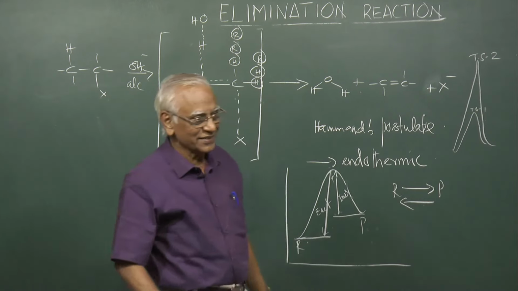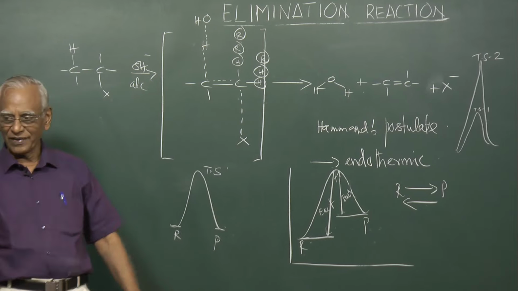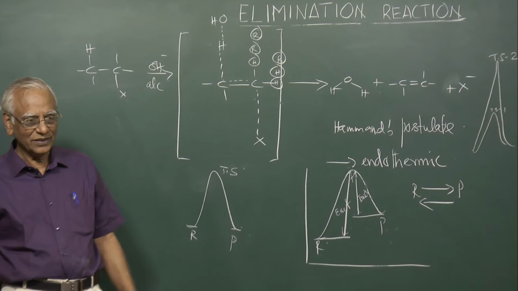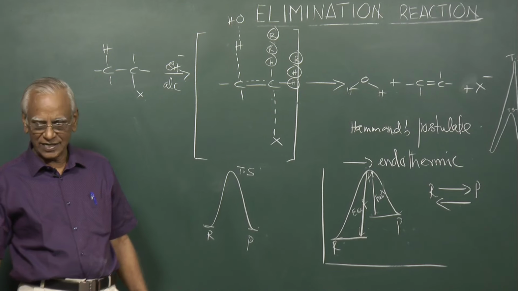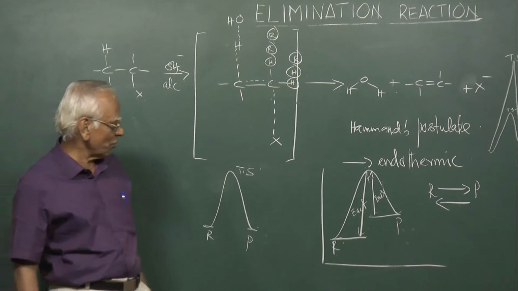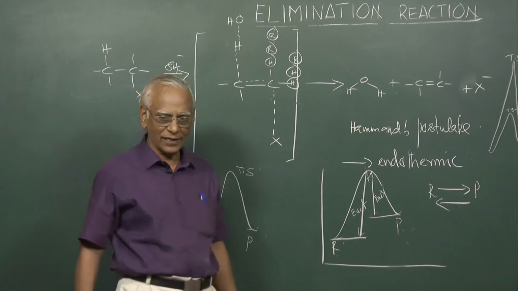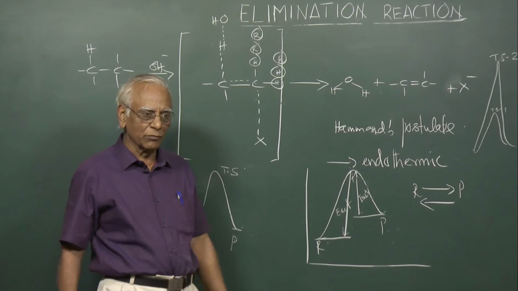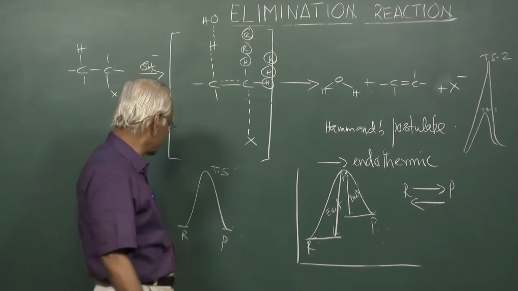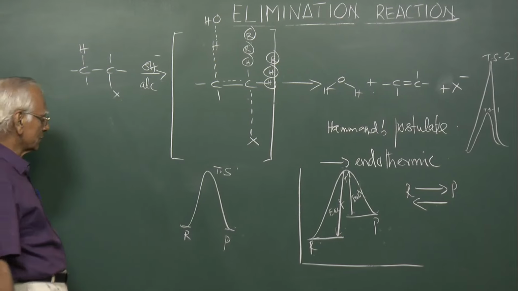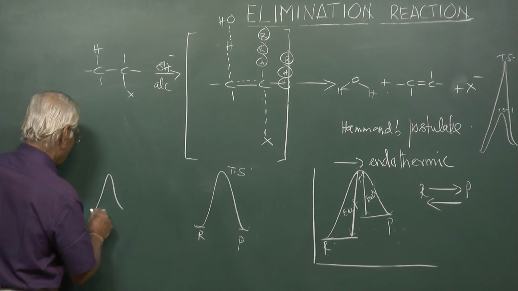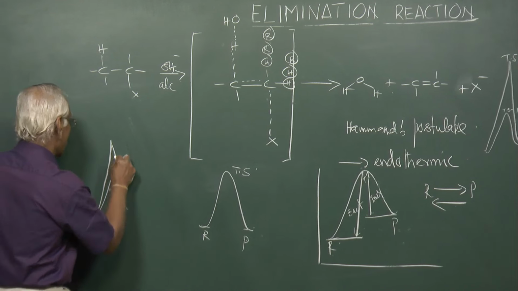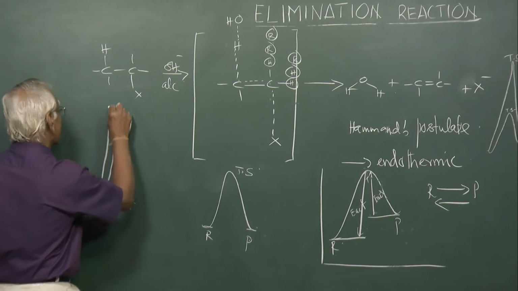Transition state leading to the formation of more alkylated alkene, a transition state leading to the formation of more alkylated alkene is a more stable transition state. So I got a transition state 1 here, I got a transition state 2 here, I got a transition state 3 here,